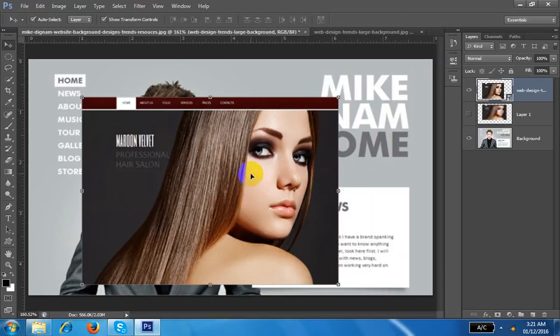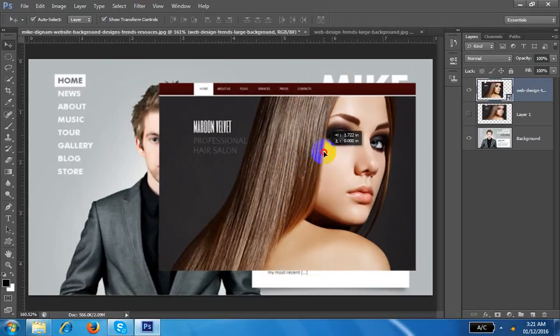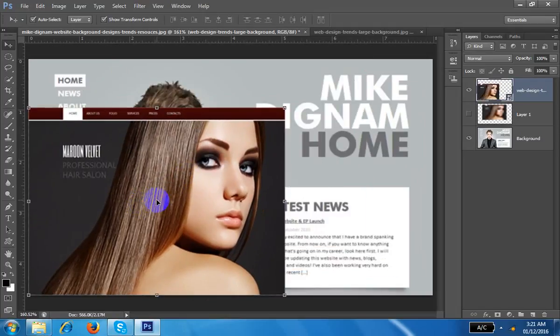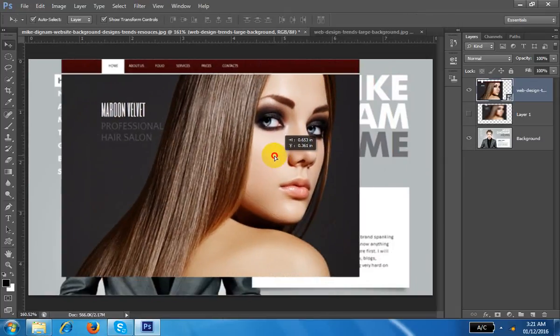The smart object preserves the image quality. Means the image quality was best when we brought it here, so it will save the image quality in Photoshop. No, this is a smart object. I don't have to lose this image. Understand everybody? Yes. So this is called smart object. If you want to do something, you can do it like this. Other things I will tell you in the smart object.